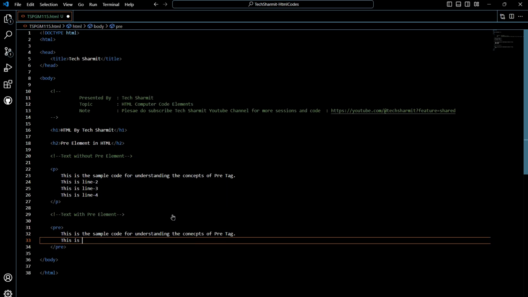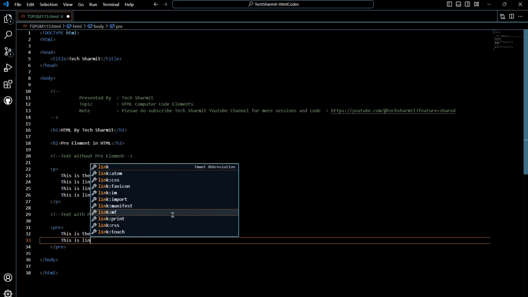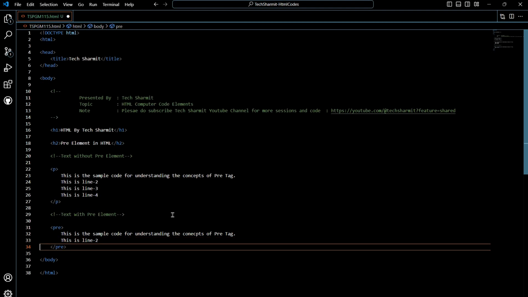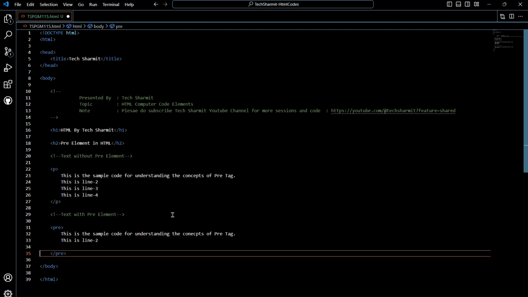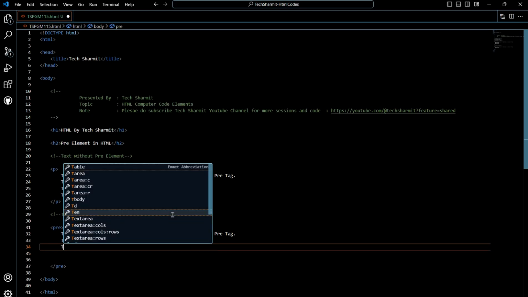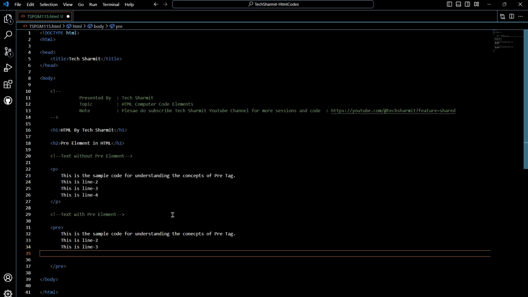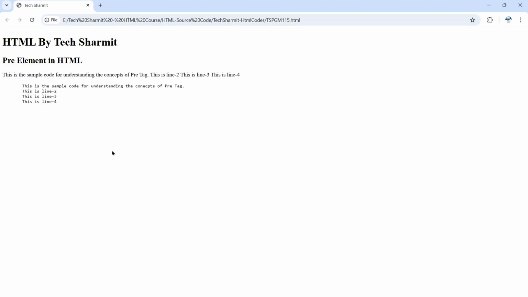Then we will write this is line 2, then we will write this is line 3, this is line 4. Okay, so we have just noted down all the things in a detailed manner here, and